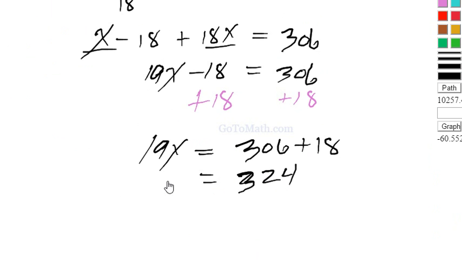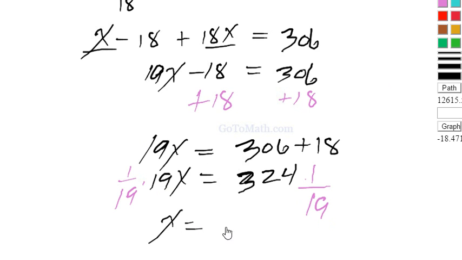324 and 19x. So then we multiply through by the reciprocal here. 1 over 19. x is equal to